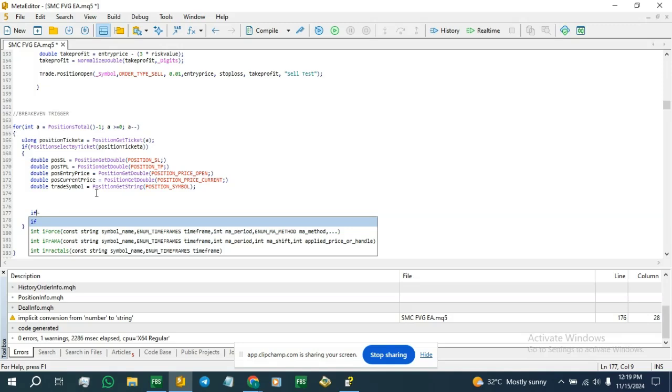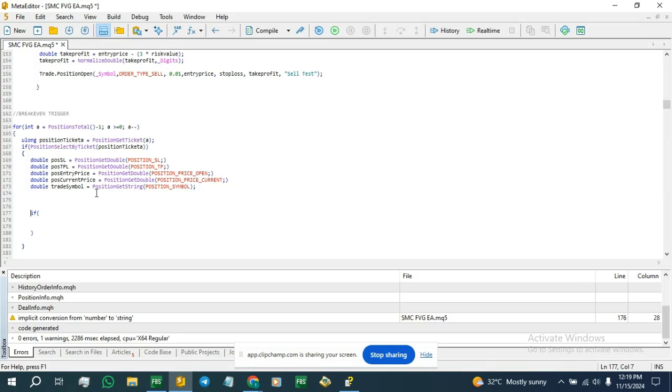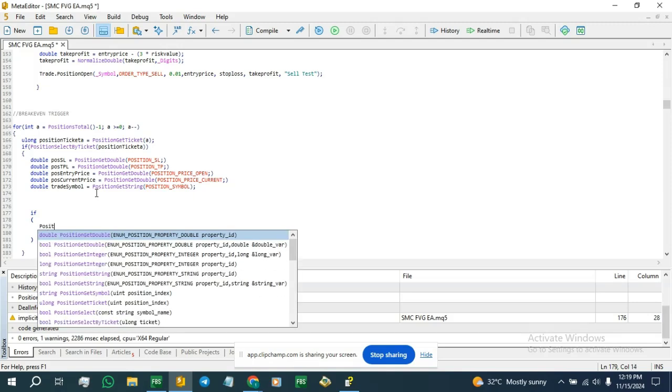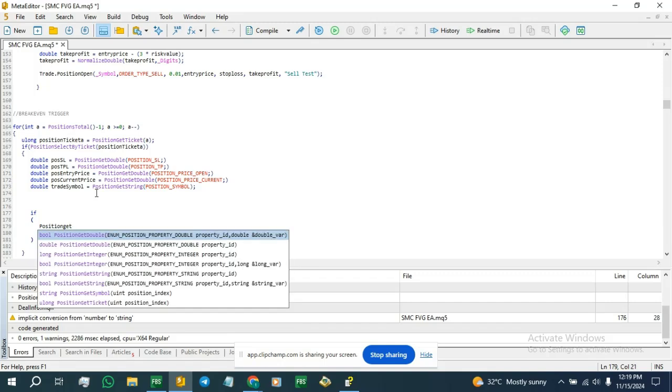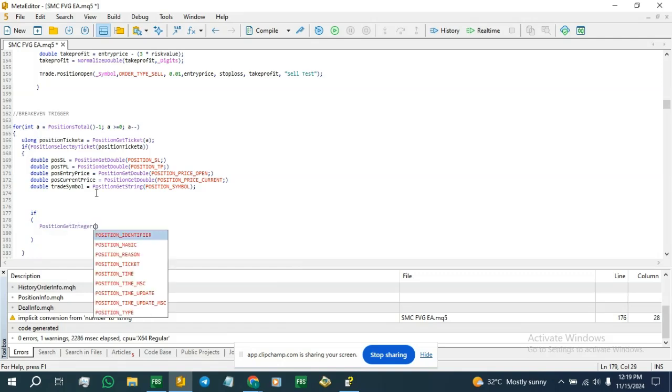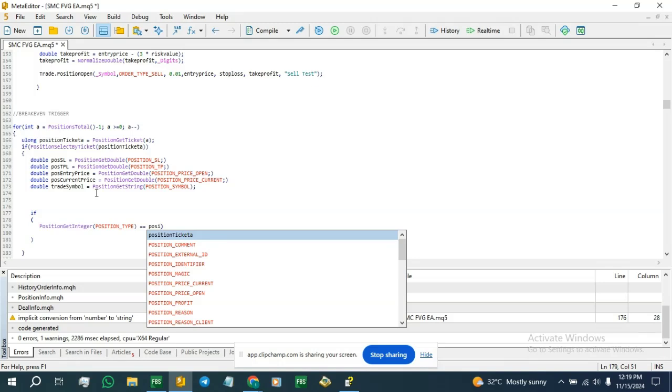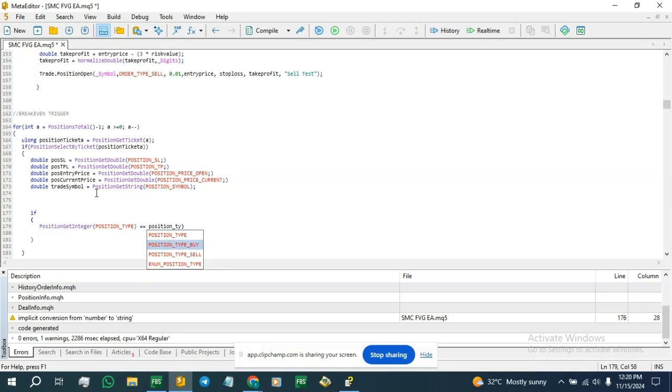So for buy trades, by now you should be used to if conditional statements, I love them. But if this is a buy trade, what we want to do,